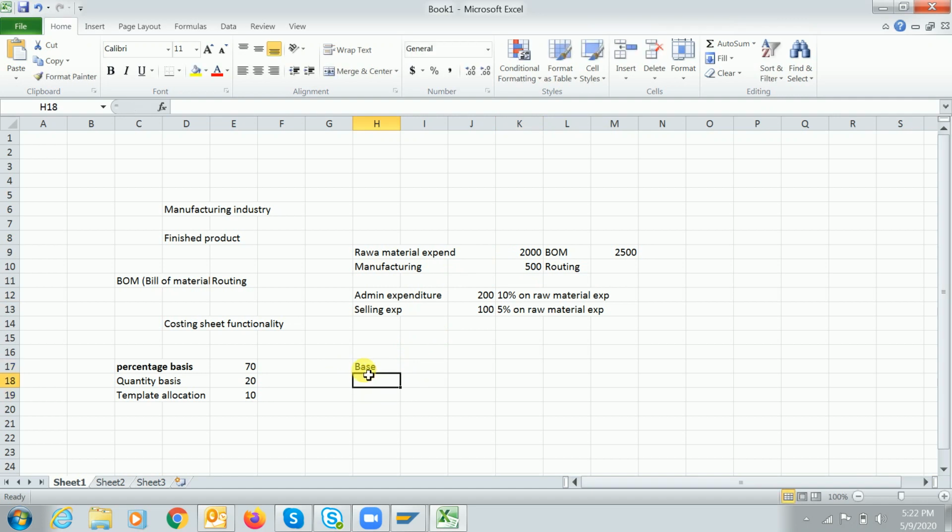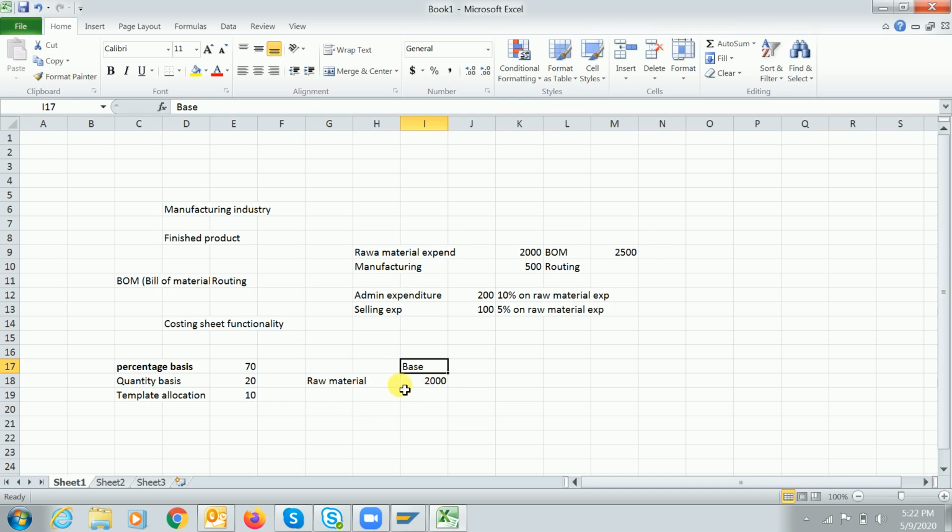For example, in our example, guys, for us this is the base. 200 is raw material, 2000 is our base.